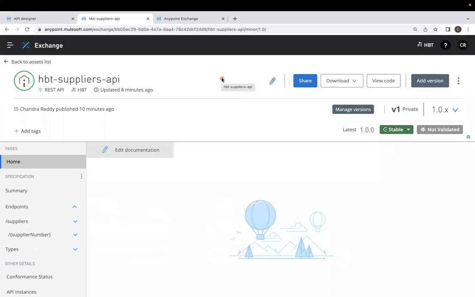So one of the important uses of publishing the REST APIs or API specifications and assets to Exchange is that the stakeholders, business users and also peer reviewers, can access the assets and review the information, and also they can provide feedback immediately once it is available. So before we develop our API implementation, we are going to publish the assets to Exchange and we will ask for the peer review, so that if there are any changes we need in the API specification, we can do it immediately